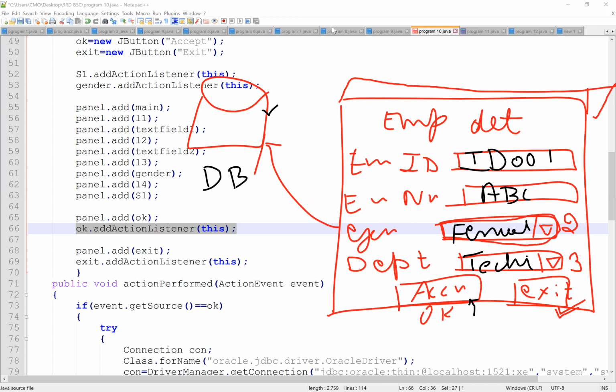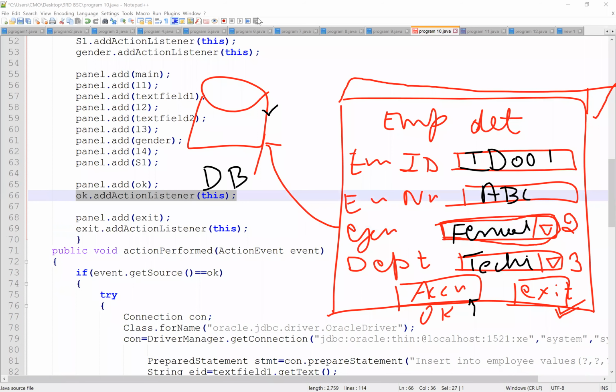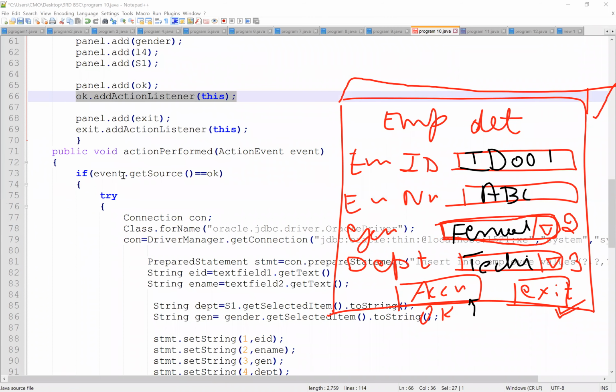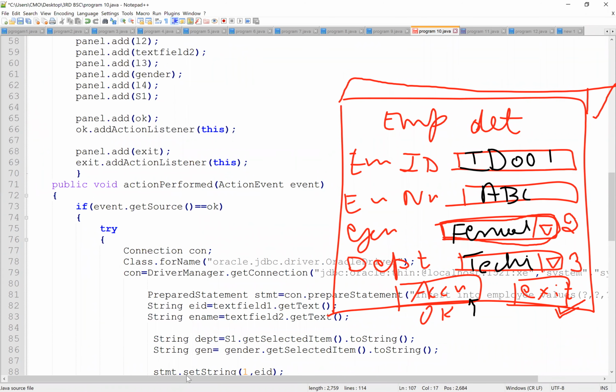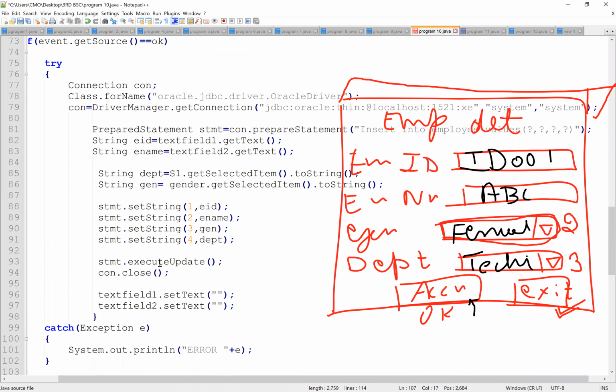Next, let's see how to perform the action. If you press OK, this action will occur. If you press exit, the program will dispose.